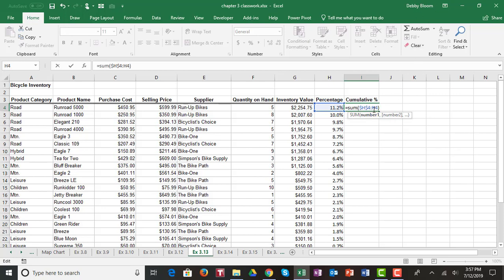Notice I'm now summing $H$4 to H4. So I'm telling Excel to always start off at the first one, but to end at the one that's one to the left of the current. I hit enter to accept that formula. Click back on cell I4